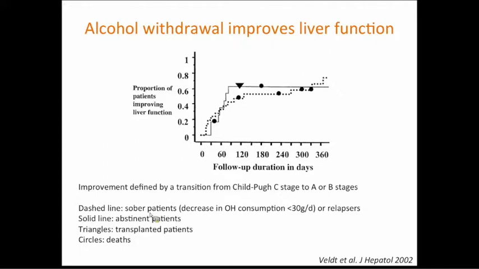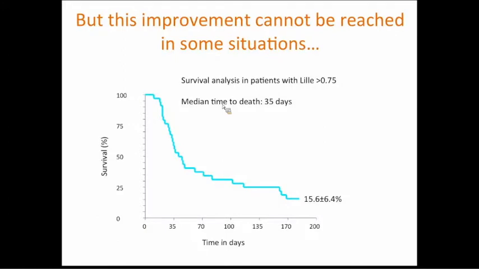The problem is that we know that in alcoholic cirrhosis, alcohol cessation helps the liver regenerate and helps the liver function be better. But unfortunately, as you can see from this study from Rennes in France, in fact, about 50% of patients admitted with a decompensated cirrhosis improve along the time. However, 2 to 3 months is too long in many patients with severe alcoholic hepatitis, because these are